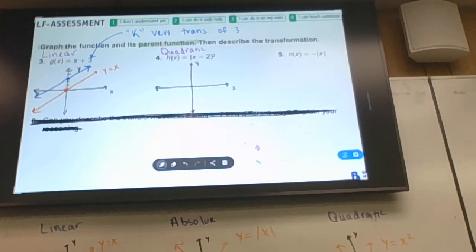If you guys want to make a guess as to what the minus 2 will do, make a guess. It's okay if you get it wrong. You correct it. It's learning. So the parent function, I know, goes to the origin. I know quadratic means a curved u, not a curved v. So the difference is